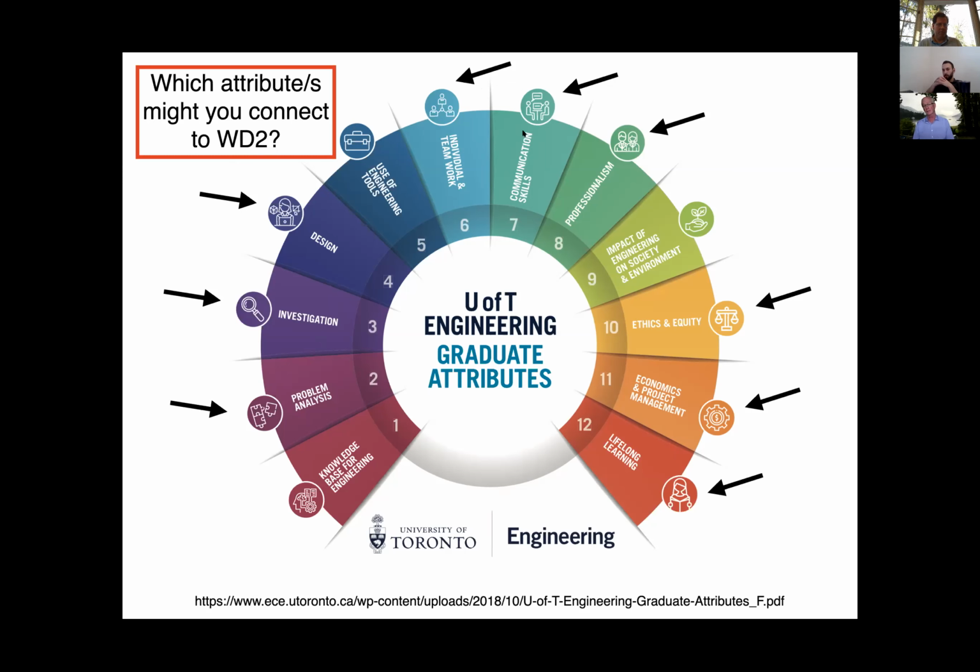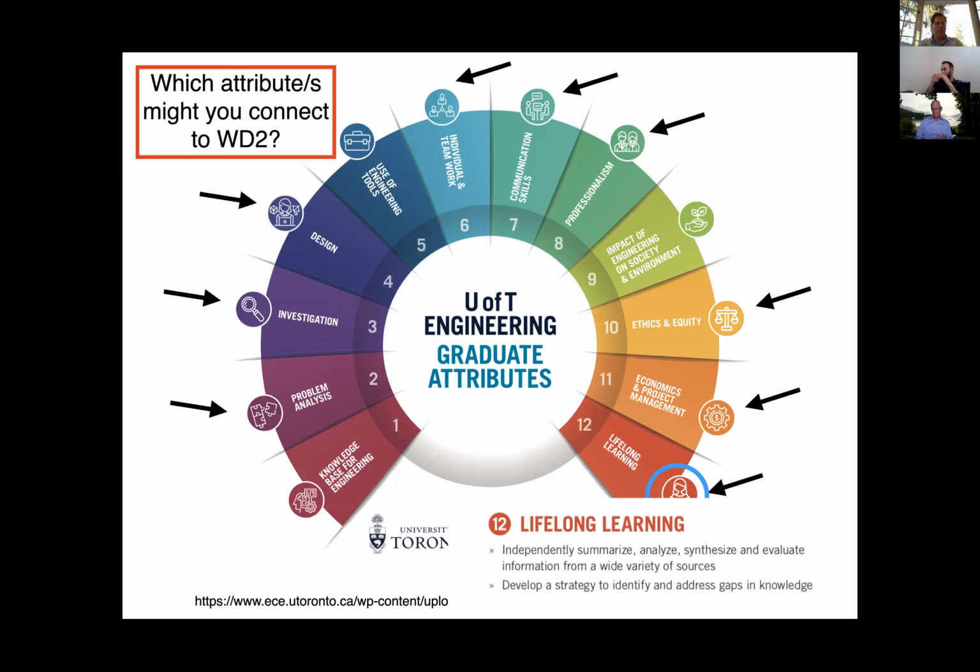You've worked on communication skills and professionalism. You may have done some work with ethics and equity in your teamwork, perhaps. Certainly project management. And the last of the 12 graduate attributes is lifelong learning,